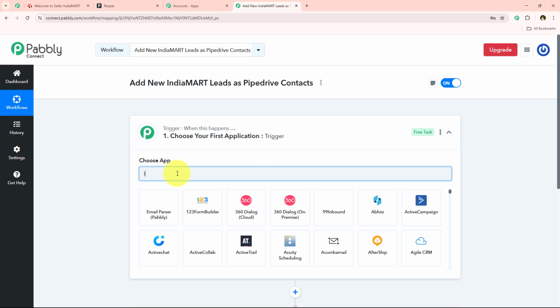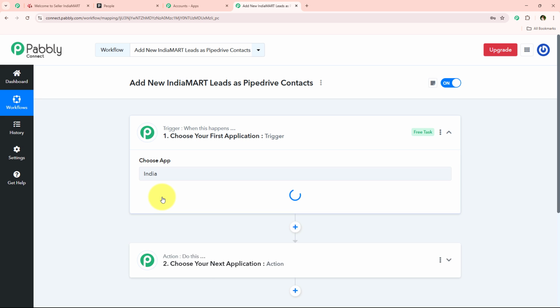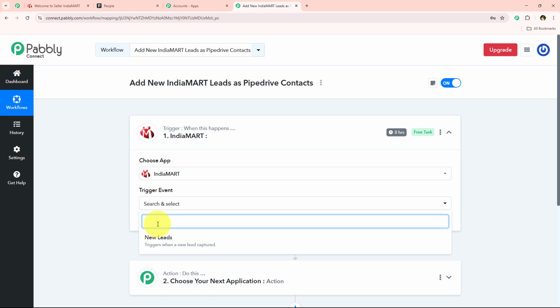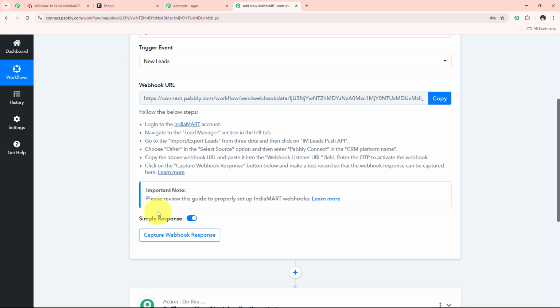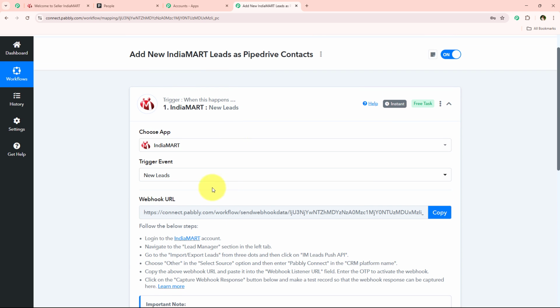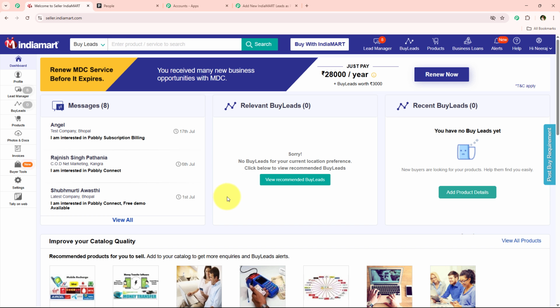So I'm just going to simply select my trigger application as I mentioned IndiaMART. So I'm just going to search for IndiaMART and select it. And now for the trigger event, I'm just going to simply select it as new leads, and now it is giving me a web URL using which we are going to create a connection between IndiaMART and Pabbly Connect. So I'm simply going to copy this web URL, then I'm just going to open my IndiaMART account, and now